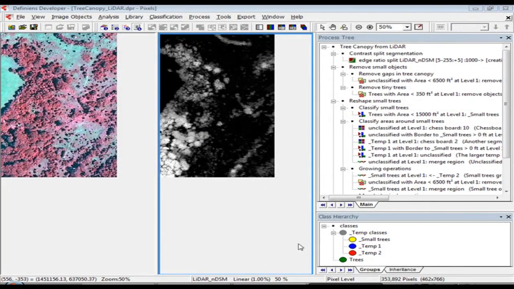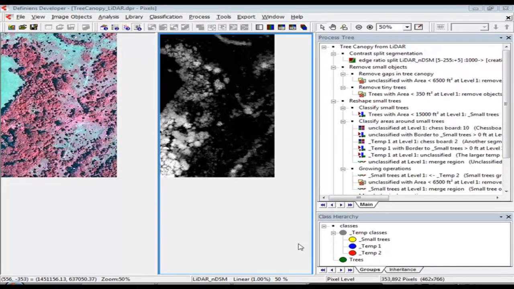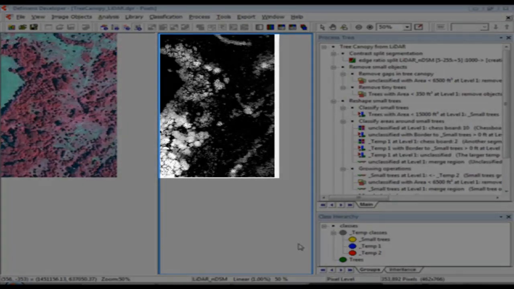For this presentation, we're going to be working within an existing Definiens Developer project. Over on the left here, I have displayed some color infrared aerial imagery acquired at a resolution of 1 meter. This imagery is for reference purposes only. The rule set that you see here does all the feature extraction and morphological operations solely based on the LiDAR data. The LiDAR data that you see here is actually acquired at a higher resolution and with better horizontal accuracy